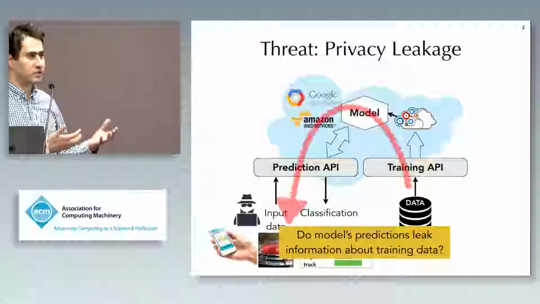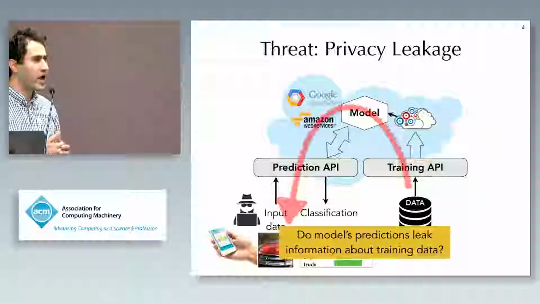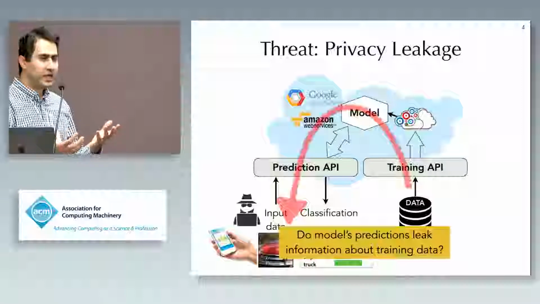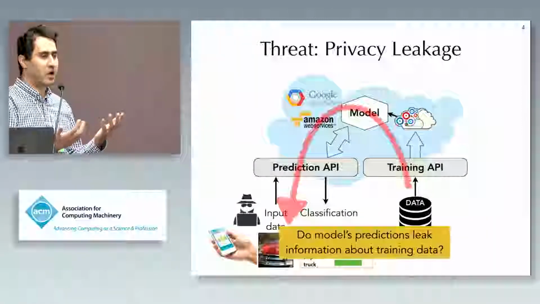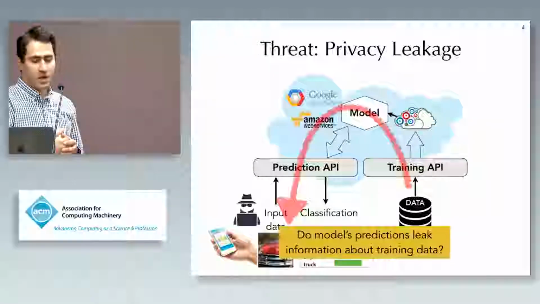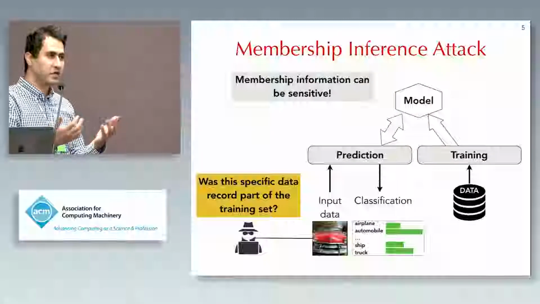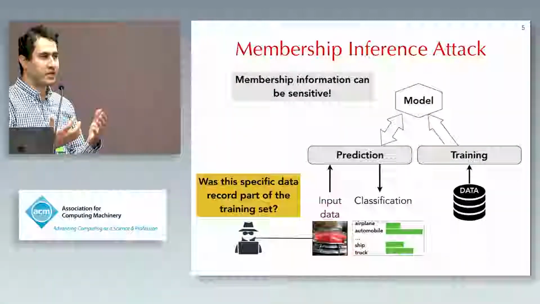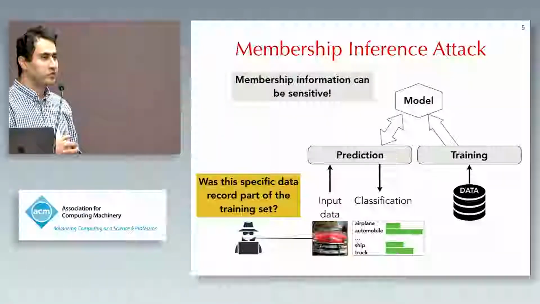Okay, so the attacker is just using the prediction API. It's probably one of the users of your app. And if your training data set contains sensitive information, then it's possible that that sensitive information is somehow leaking to the adversary. This was also mentioned in the past talk, and there are different kinds of leakage through the prediction API and from the training data set. A particular type of leakage that we're interested in this talk is membership inference attack.